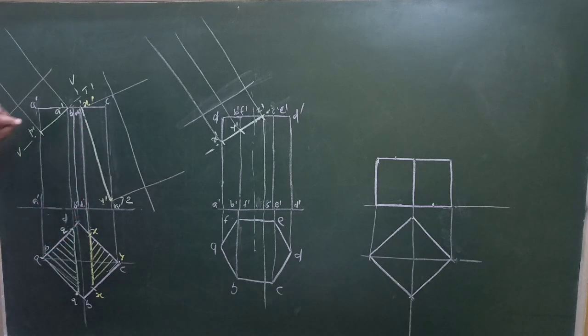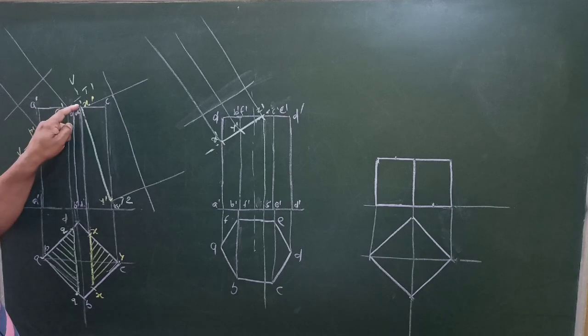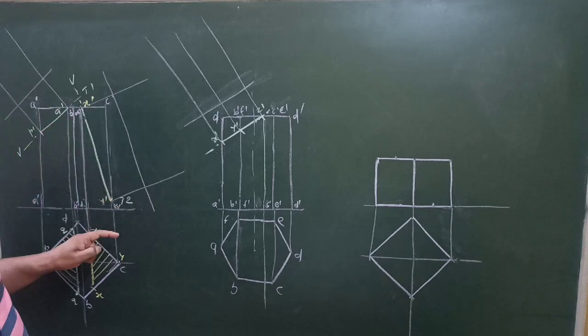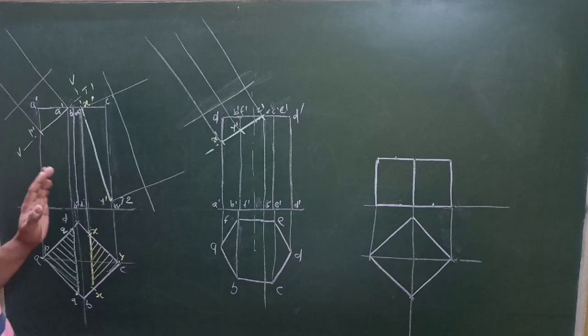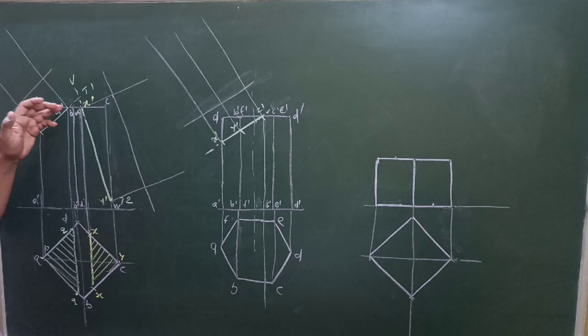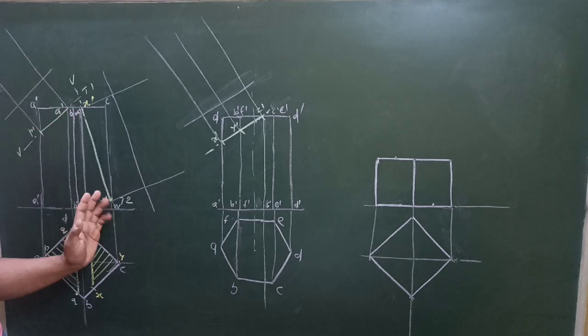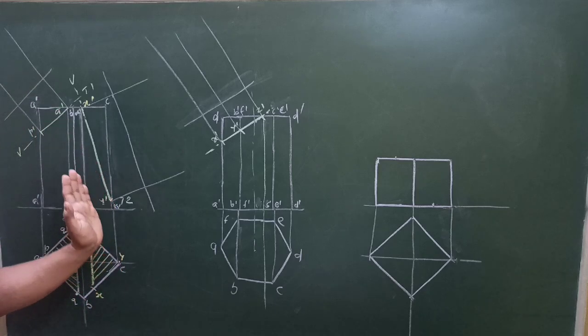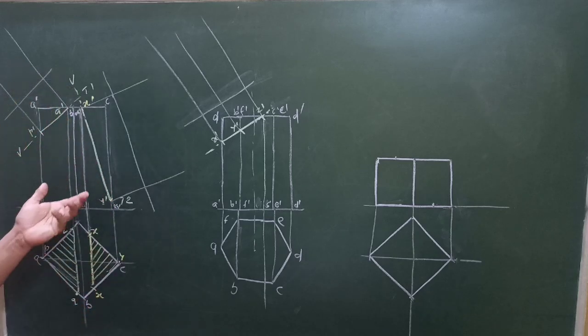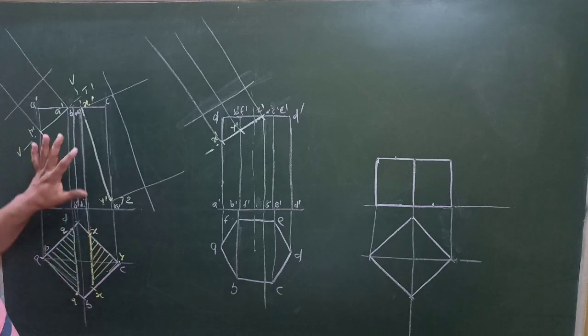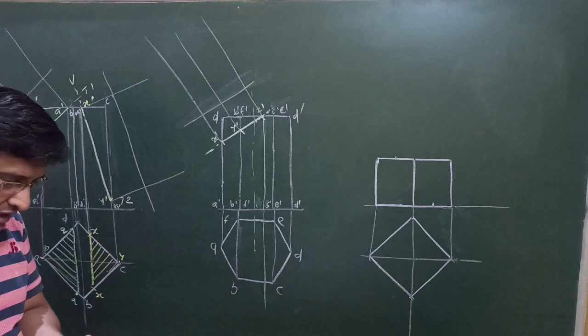This square prism is cut by two cutting planes, one this one and second one this one. It is cut by two cutting planes. The positions may be provided in the problem in such a manner that this is an auxiliary inclined plane, this is also an auxiliary inclined plane, and this plane is making some angle with the HP and passing from some points. Another plane cutting this side and making some angle, maybe 70 or 80 degree or so. So in this manner the cutting planes are being given to you.